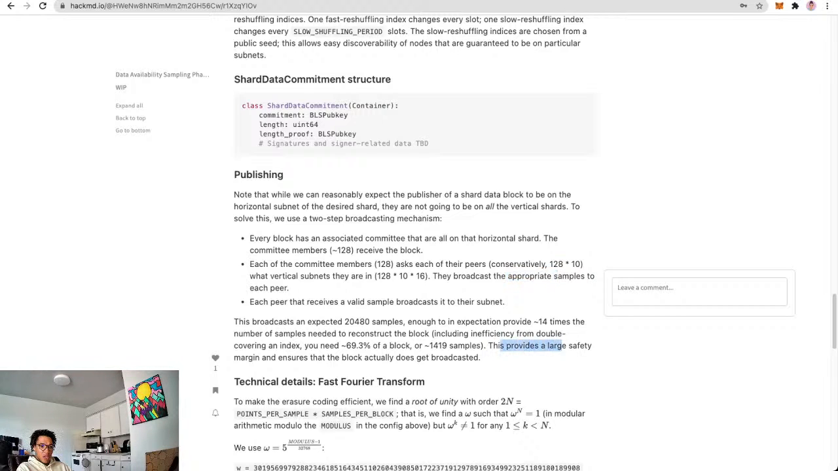This provides a large safety margin and ensures the block actually does get broadcasted. So I think what they're saying here, right, you're broadcasting 20,000, but you only really need a minimum of 1,400. But they're saying that's the bare minimum. It wouldn't be as safe. So obviously, instead of being unsure if a block will get broadcasted, we're going to make sure the block gets broadcasted, and we're going to have a huge safety margin, and we're going to make sure it works out